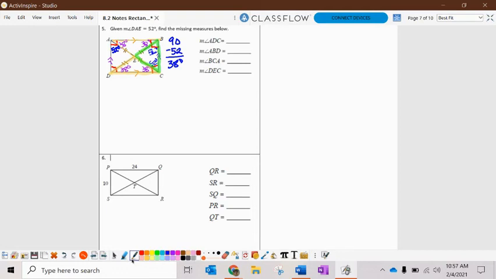Same thing on the other side of the rectangle. If we look at that triangle, it's also an isosceles triangle, so base angles are congruent. So it's also 52 degrees. And then while we're there at those individual smaller triangles, if we wanted to get the remaining angle in those individual triangles,